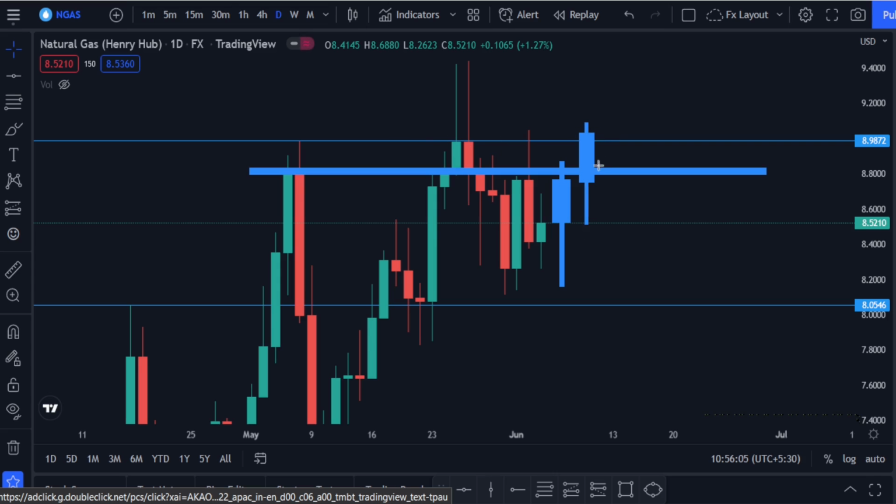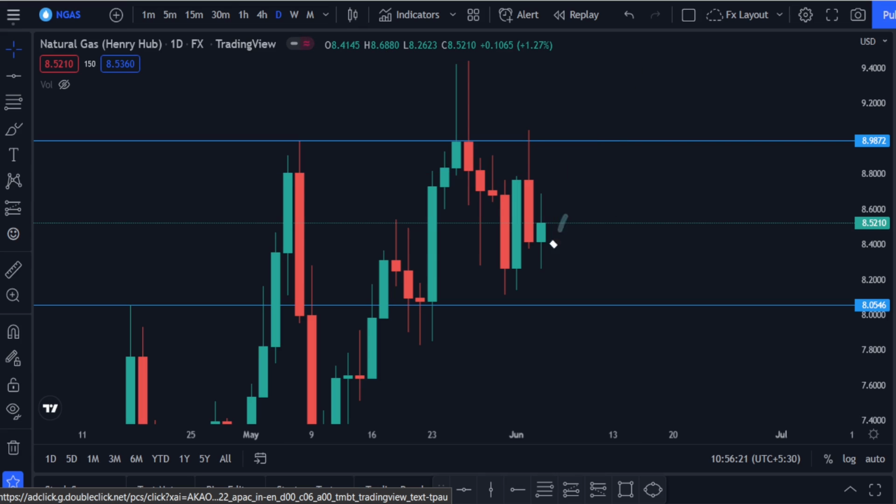And if we get another daily closure above the range, we are expecting the next daily candle to make a bottom wick and continue higher to the next resistance, which is these rejections area, this wicks area, as you can see. So that is something we are expecting if the price continues higher. And the second possibility is if we